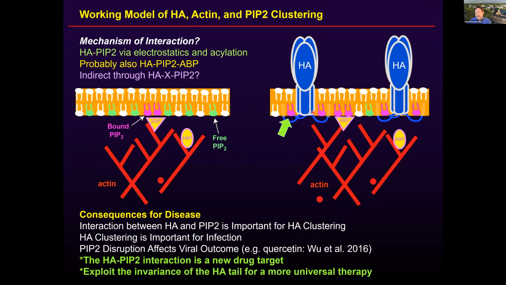However, the HA may also be able to modulate PIP2 because it's binding what's available. That's changing the local concentration of PIP2, and that can modulate certain signaling pathways. So we're following up on this basically pretty good understanding, I think, but we would like to investigate further into signaling, and also, can we manipulate the PIP2 and disrupt the virus? Because of the conservation of that tail, this would be a good candidate for an antiviral therapy.